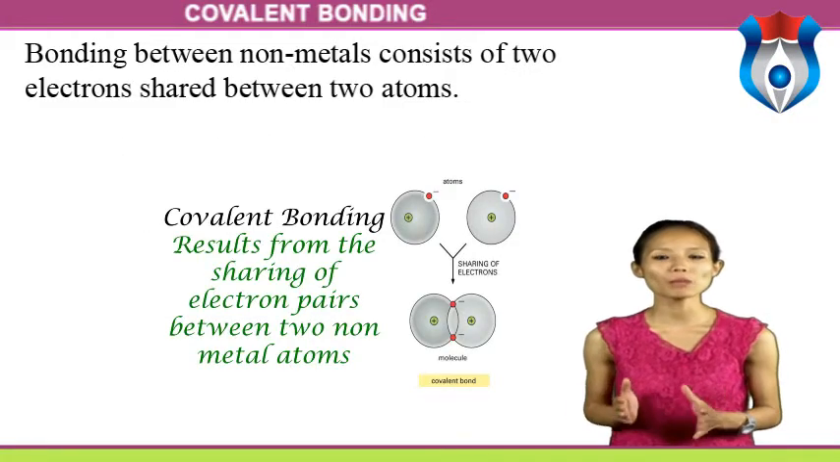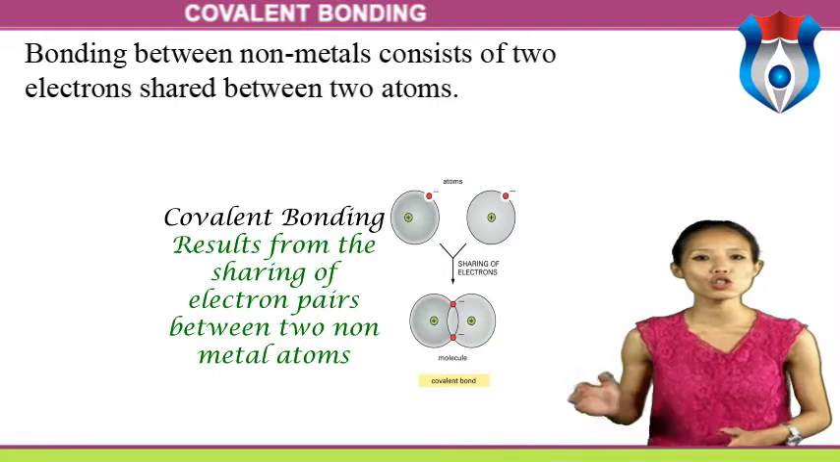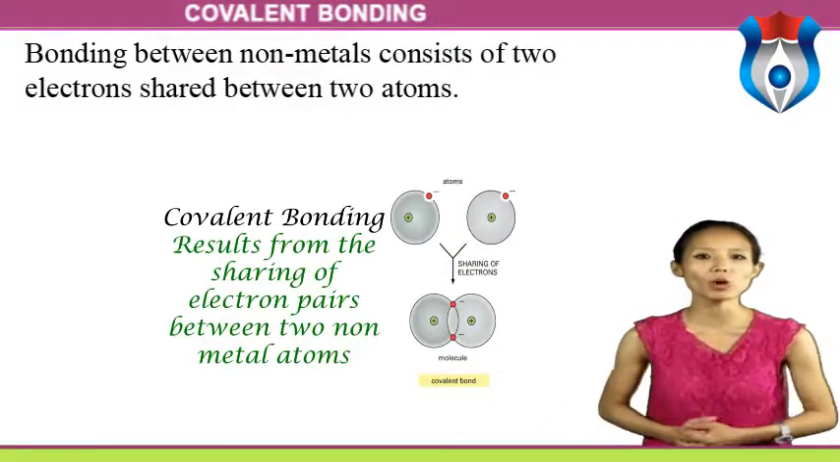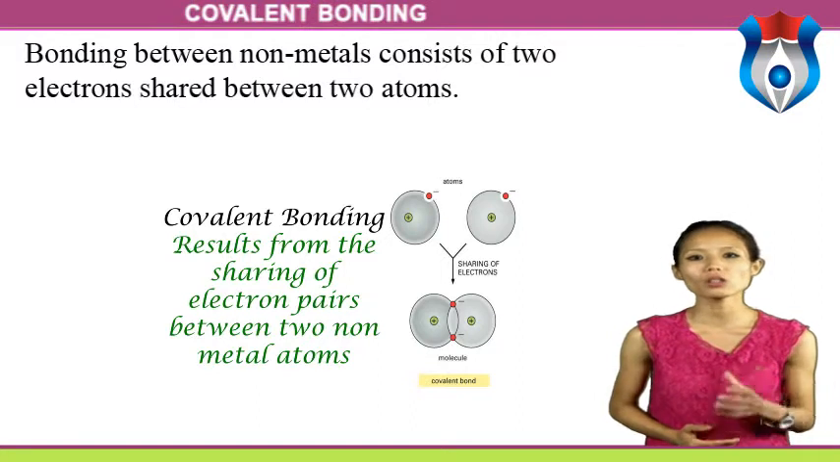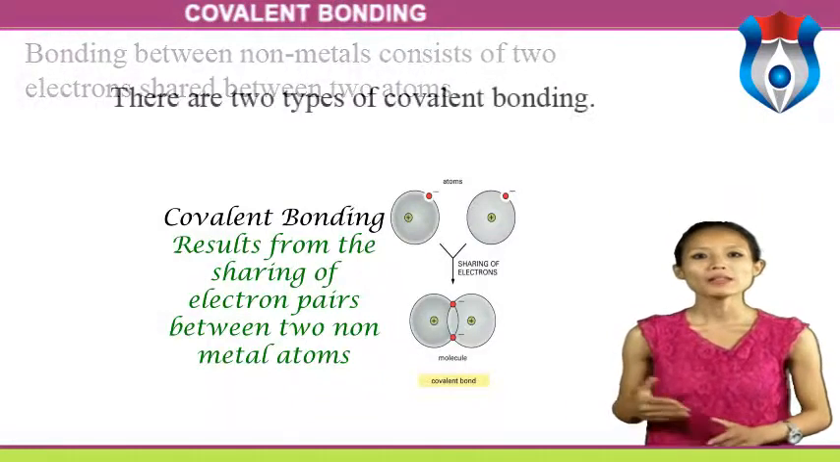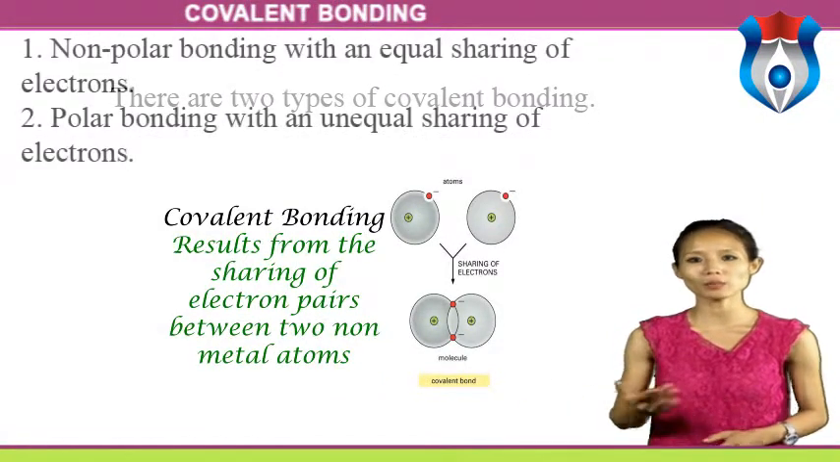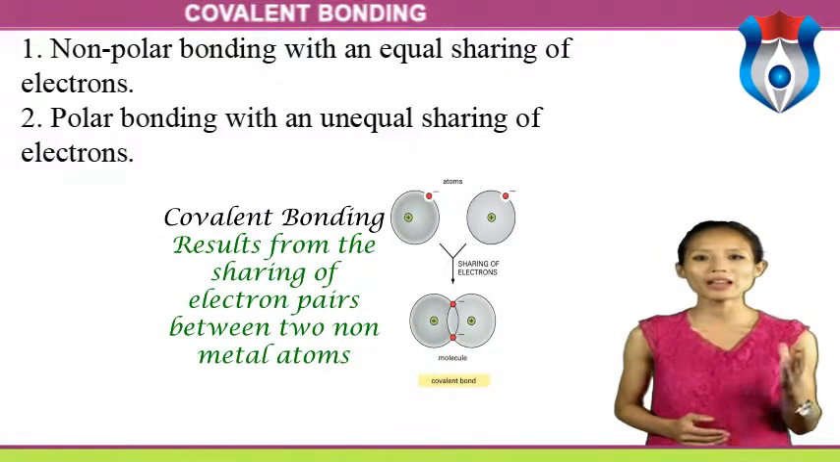Let us start with what bonding is. Bonding between nonmetals consists of two electrons shared between two atoms. In covalent bonding, the two electrons shared by the atoms are attracted to the nucleus of both atoms. Neither atom completely loses or gains electrons as in ionic bonding. There are two types of covalent bonding: nonpolar bonding with an equal sharing of electrons, polar bonding with an unequal